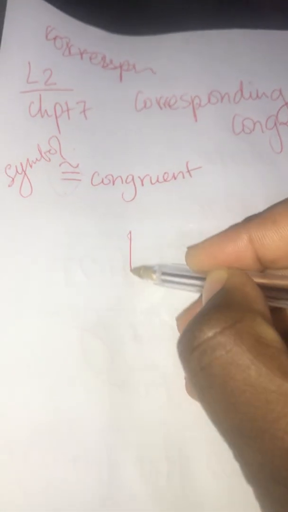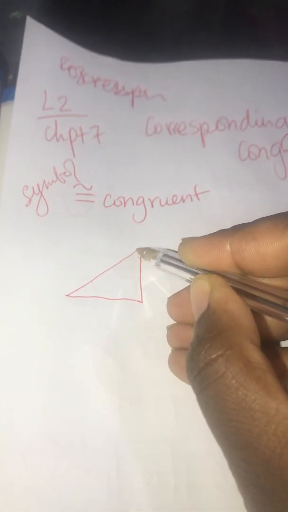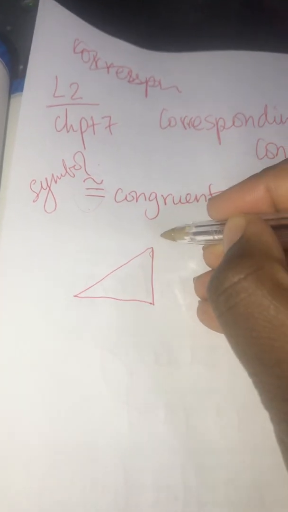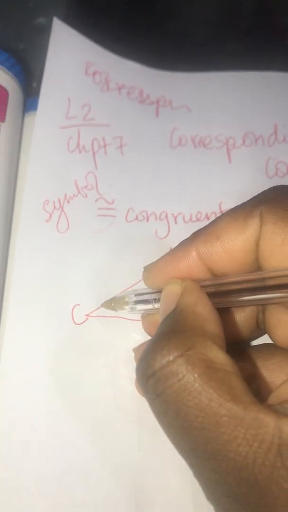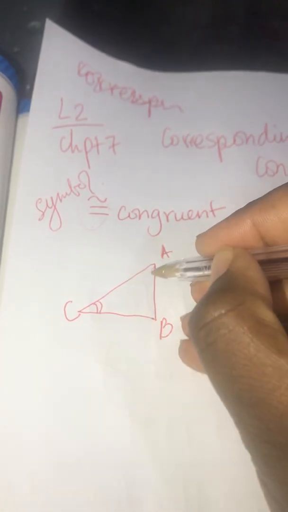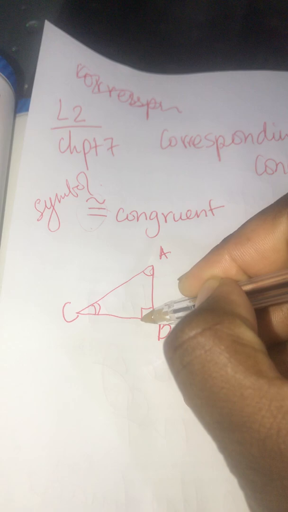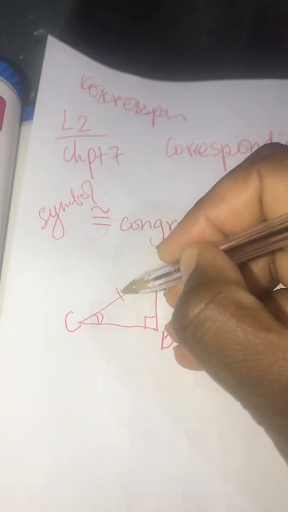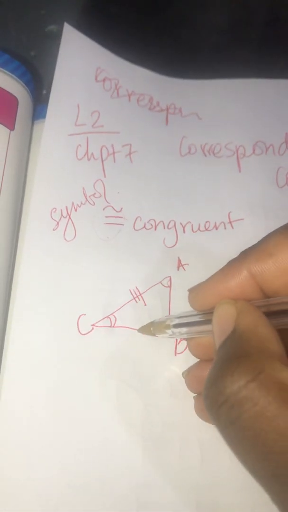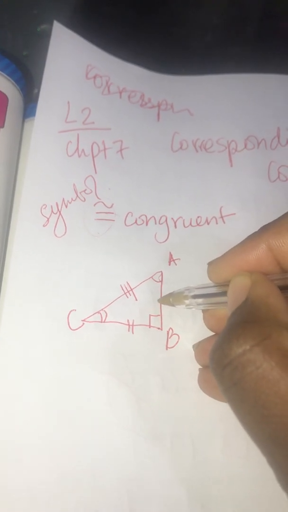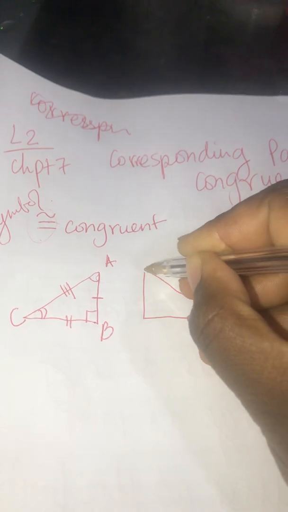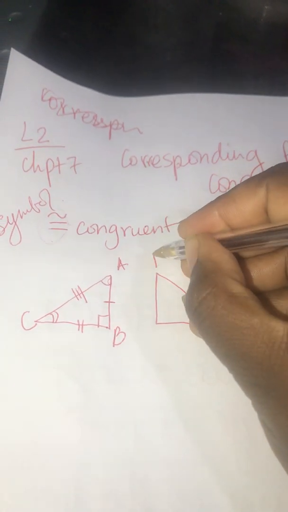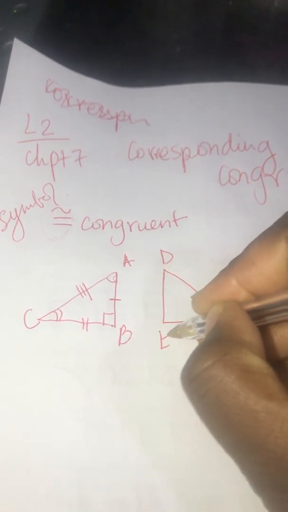Now let's draw a triangle. You have A, you have B, you have C. You have 2 lines here, 1 line here, 90 degrees. Congruency signs. You have D, you have E,